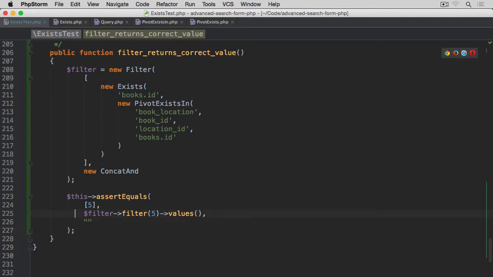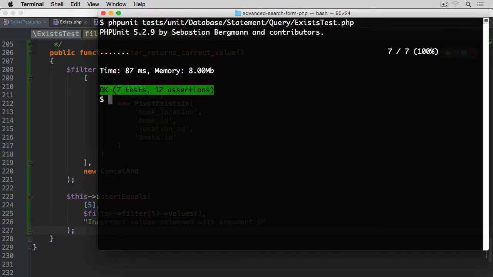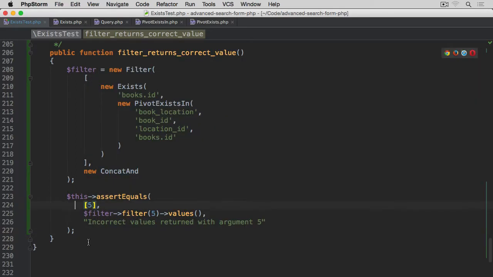Semicolon, and the message we are going to put here in case this assertion fails, it's going to be incorrect values returned with argument 5. Okay, save it. Let's run the test. And there we go. 7 tests, 12 assertions, all of which are passing. The next test,